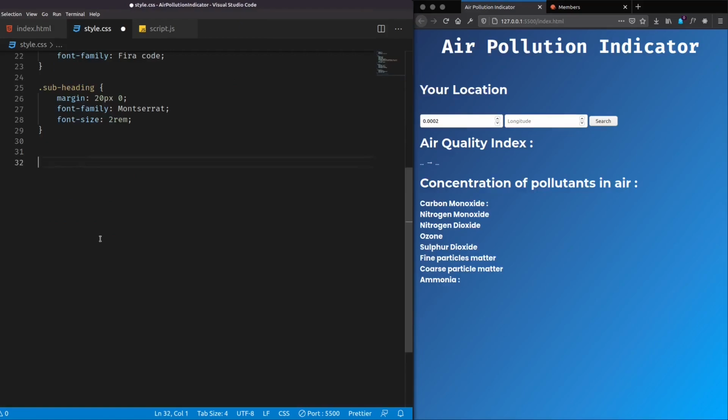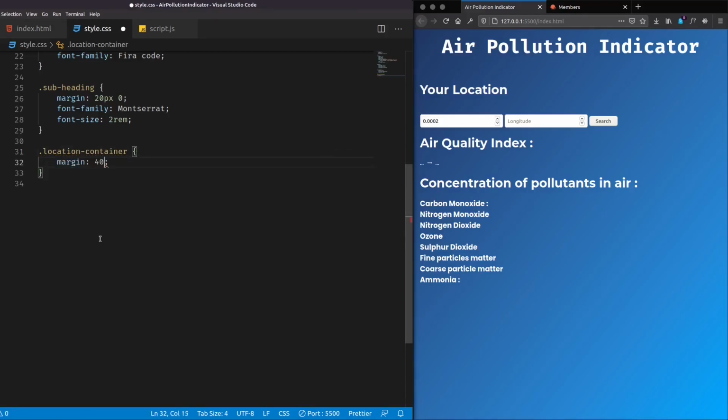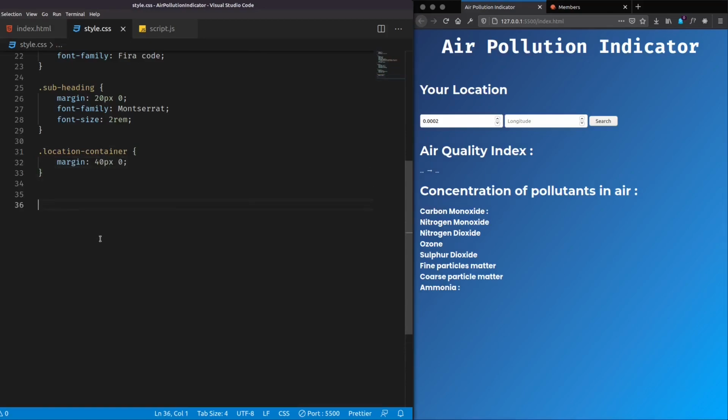Let's go ahead and select a location container and give a margin of 40 pixels of top and bottom and 0 at sideways. Let's select our input fields, .loc input, and give a border of 3 pixels solid #269FE6.